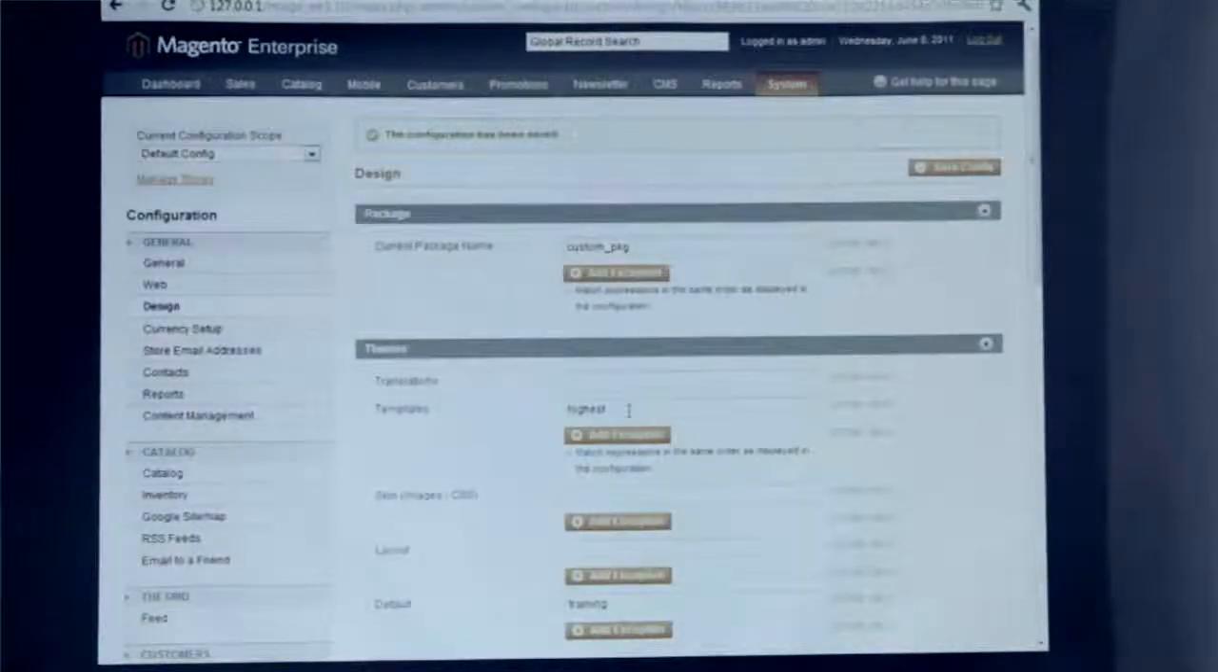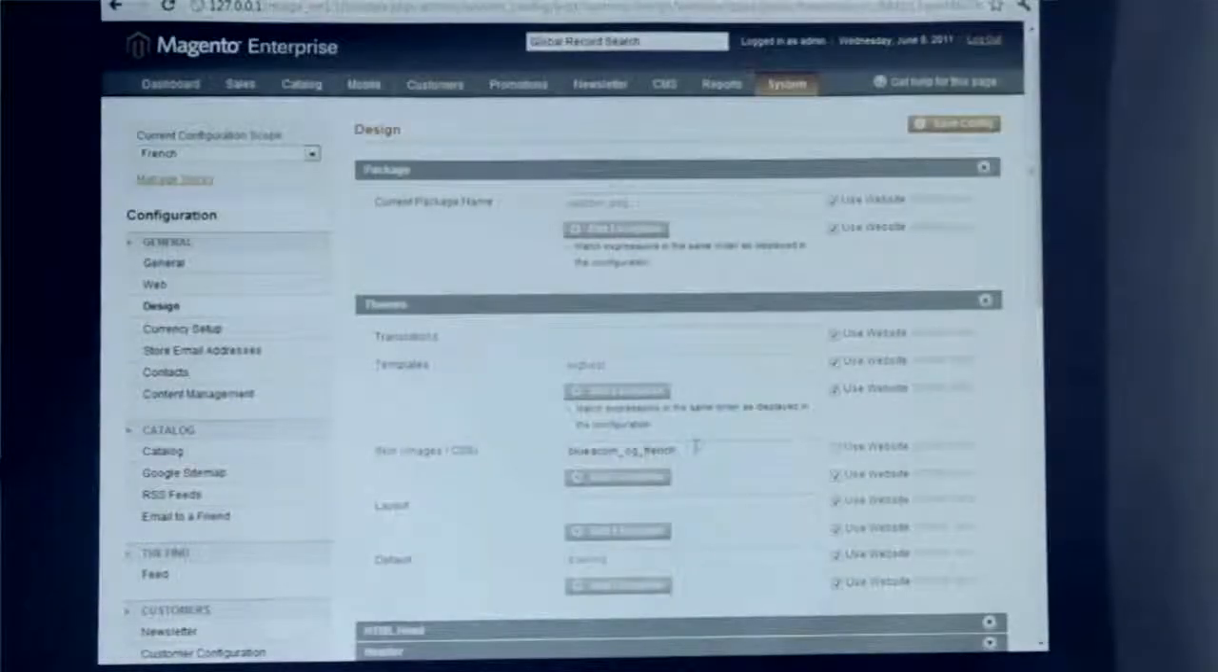So if I go back here and I add, actually, right now the system's looking in custom package highest, custom package training. I could go into my French store, and you'll see these values are mimicked here. They're not actually specified here. But I could uncheck this and put custom here, and then for my French store,